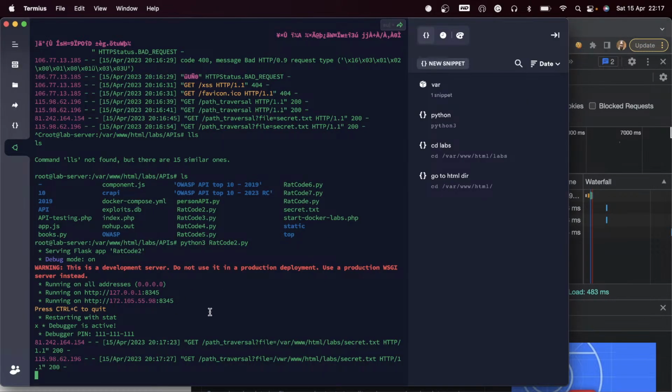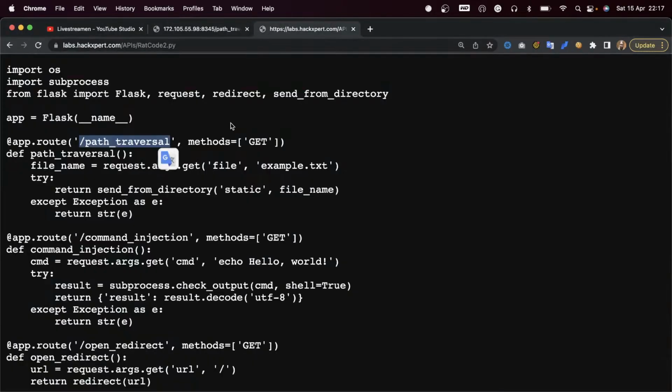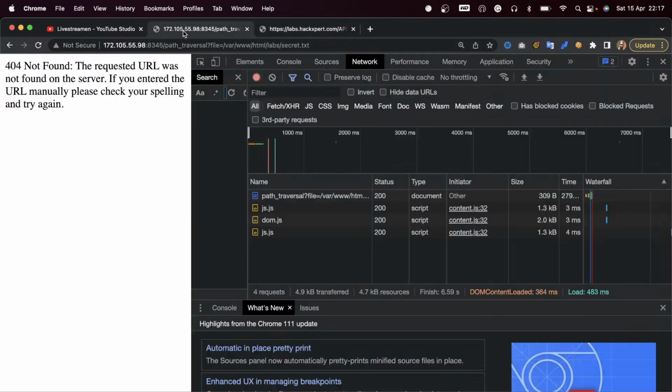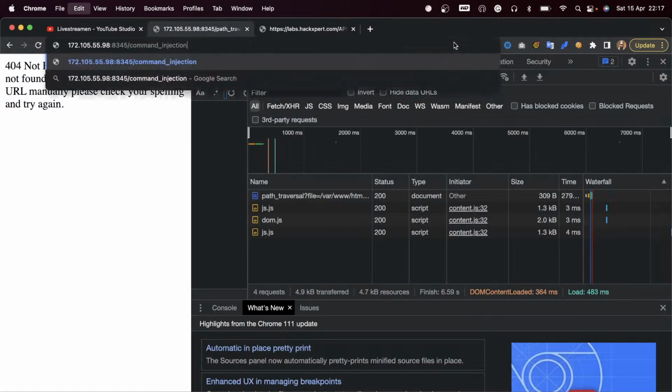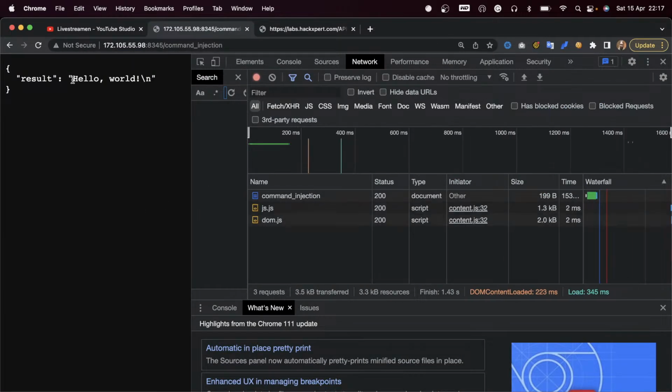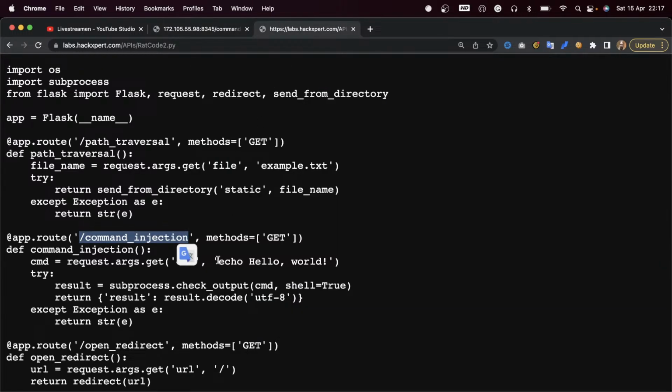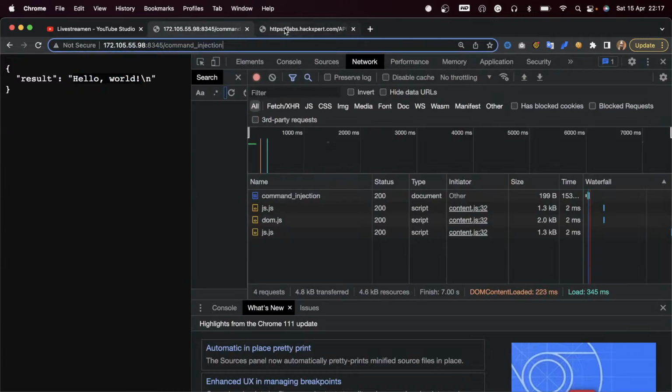But moving on to the next point that we had in here, that's going to be a little bit more of a dicey one, because it is going to allow you to execute OS commands. Here you can see hello world. Why does it do that? Because the OS command that has been sent out was echo hello world. That means that if we say